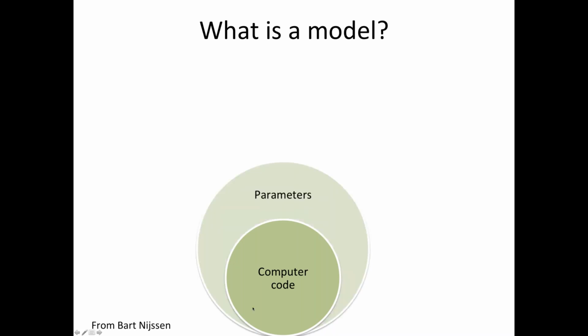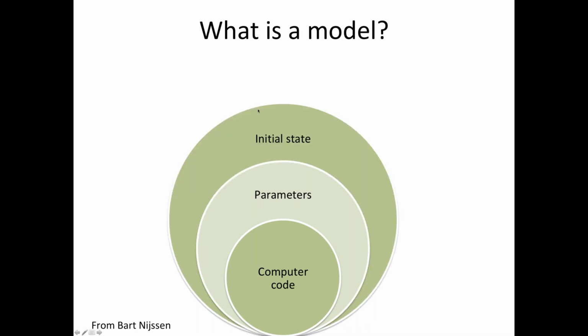With it, the computer code itself is very important, and part of the goal of this class will be to not treat that as a black box. Once you have the computer code, you set some parameters. You may tune these parameters. They may be hard-coded in the model. You will need to say an initial state. For snow, this is good. We can usually start in a state of no snow, but for other things, if you have a glacier, you have ice, you have soil, you need to start with some amount of water.